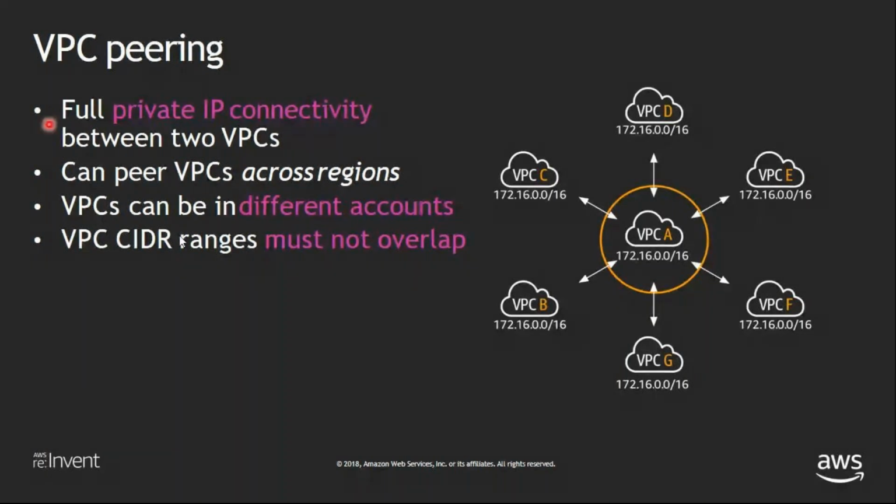So VPC peering means there is full IP connectivity from your home office. For example, if you have one head office and you want to connect to your other regional office, you want a high connectivity network. You don't want your traffic to go to the internet and then come back to your office, because